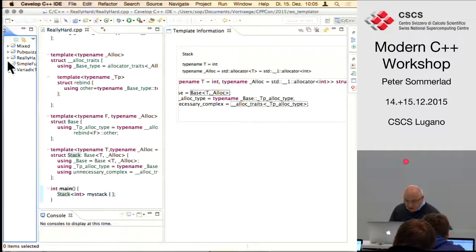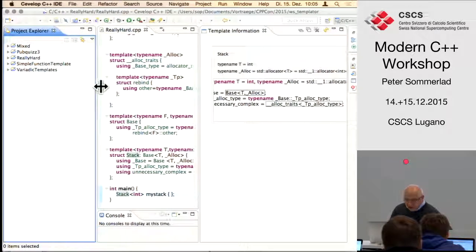I'm not sure. I should have a version of the example with the actual vector.